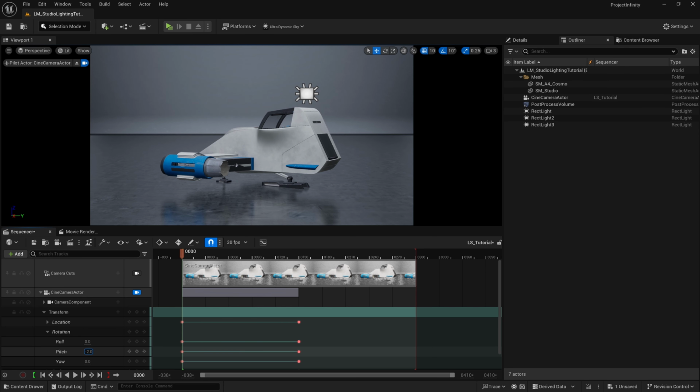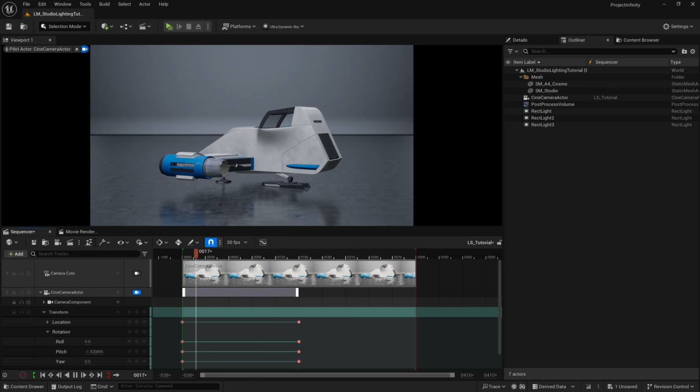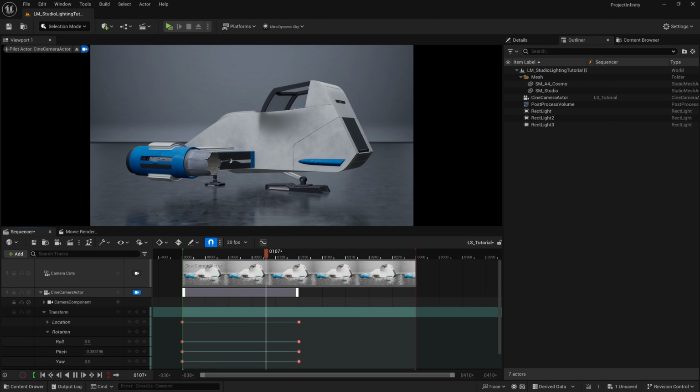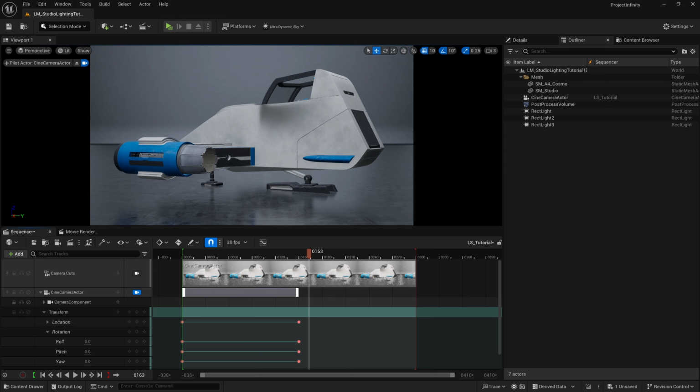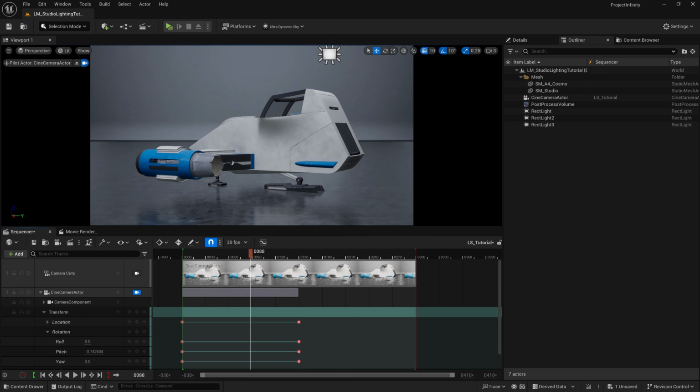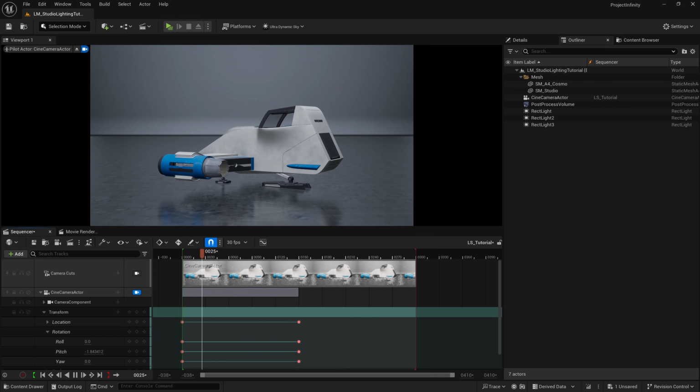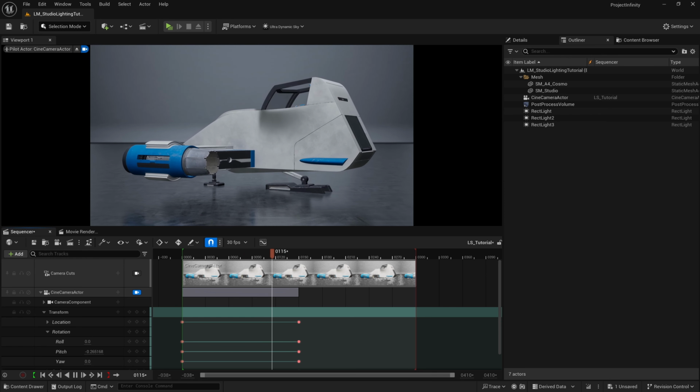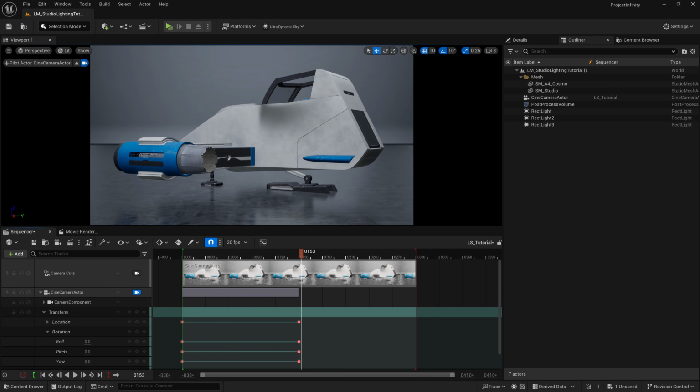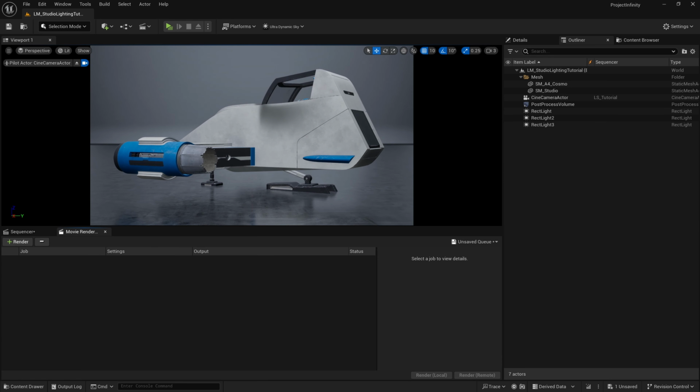Now we can preview what we have so far, a smooth, subtle animation. If you wanted to speed up the movement, all you would need to do is bump the keyframes down to maybe 90 or 120. Just keep in mind our FPS is set to 30, so you'd want to do that in increments of 30. Now it's time to actually render this out, so click over to the movie render queue,